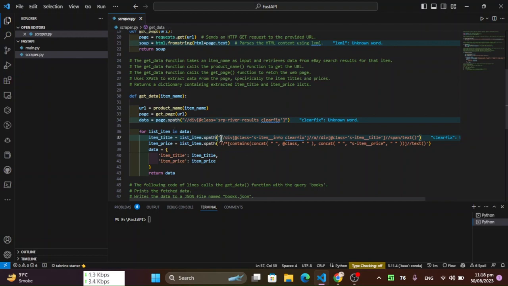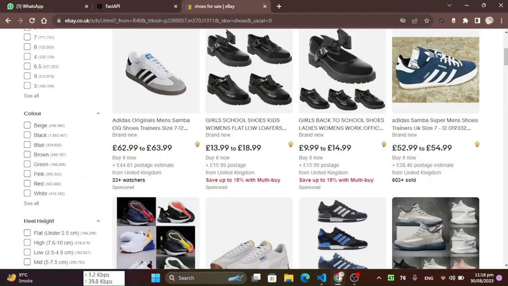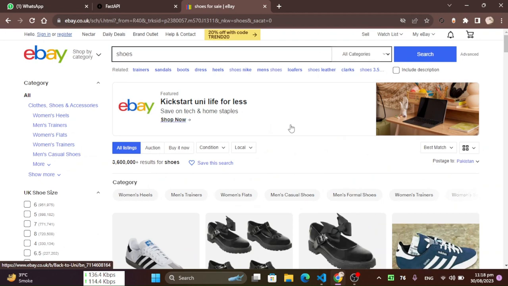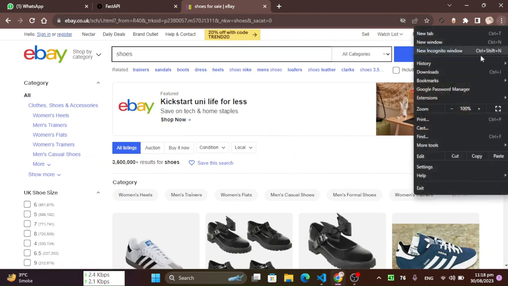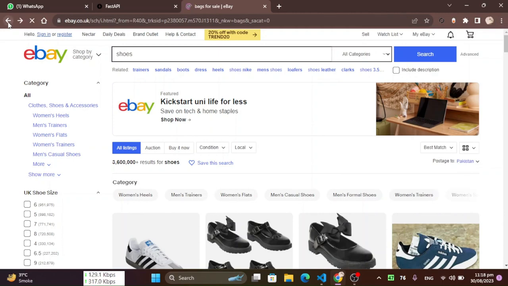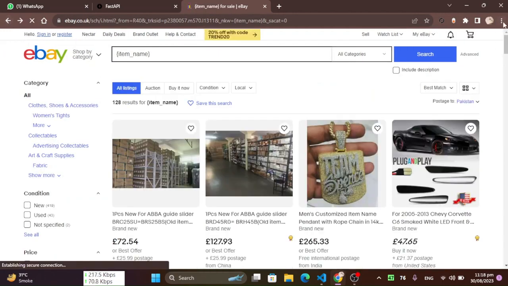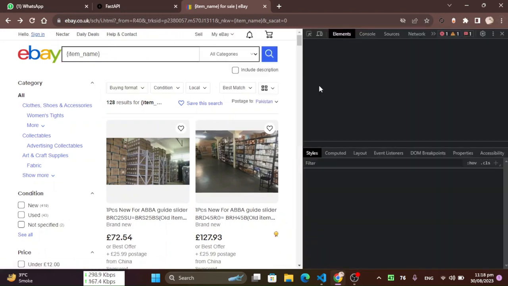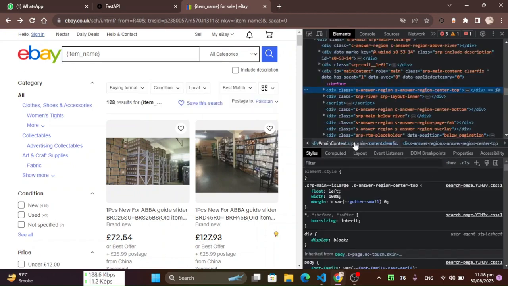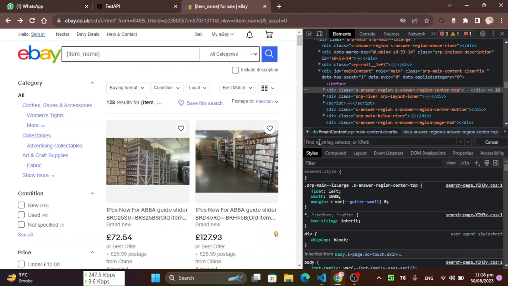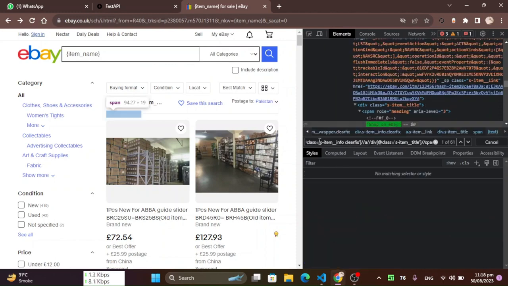So we can check the XPath. Click on inspect. Use Ctrl+F and write the XPath here.